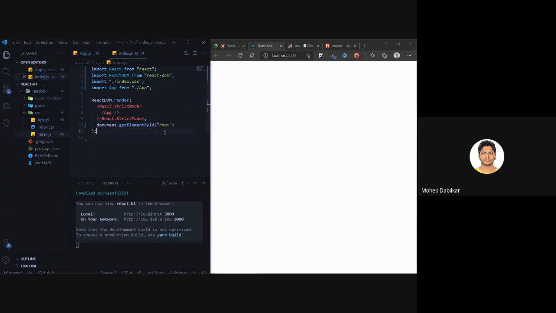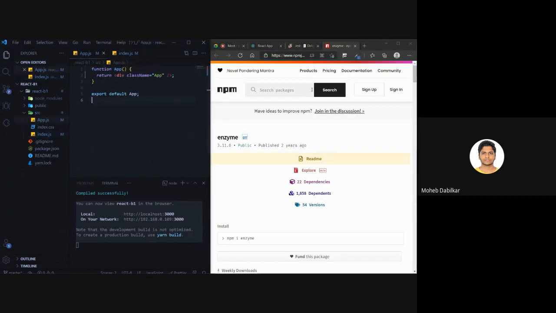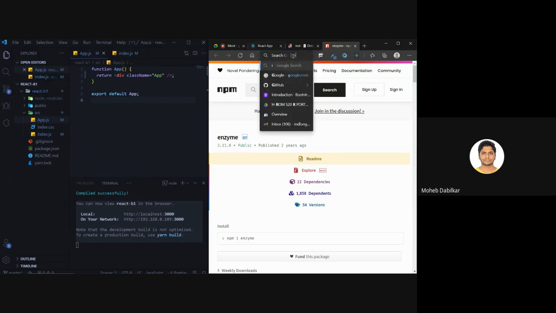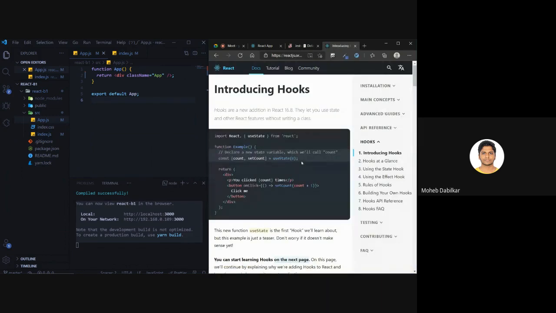All right. So now there are many things that you can start with in React. The first one being, let's go with React hooks. As I told you last time, Lavanya, we have hooks and they make our life easier. Now this is a function component. Let's convert it to